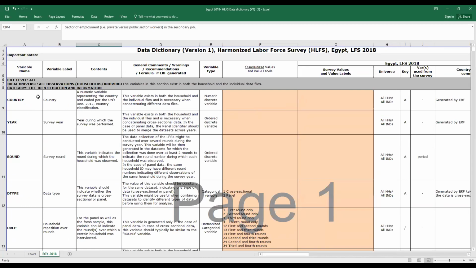So in each labor force survey that we have in the data set, we have several countries. We have labor force surveys from Egypt, Jordan, Palestine. So we have to add a variable that specifies which country this data set is for, okay? And which year. As you see, we have labor force survey 2018, so this should be the year 2018. And we have a series of data sets for the labor force. As you're going to see, we have them starting from, I think, 2004 till 2018 for Egypt.